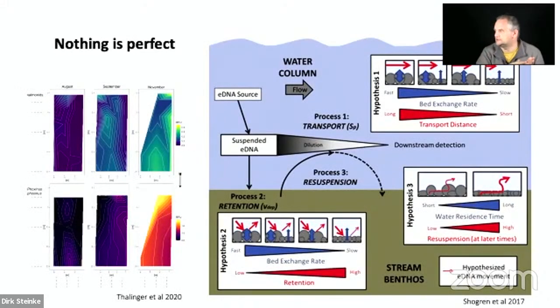So here you can see some examples. On the left hand, you can actually see the distribution of eDNA in a particular river and from a particular species. So it's a very dynamic system. If there's DNA out there, it's not equally distributed. It depends on so many factors. And you see some of these factors in a river now on the right-hand side in that figure that shows you how it is transported in the water column by current, where it could be suspended and diluted and again